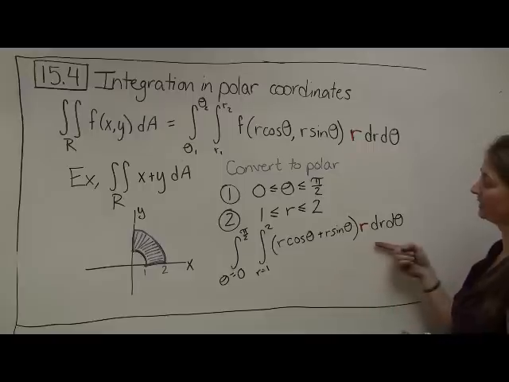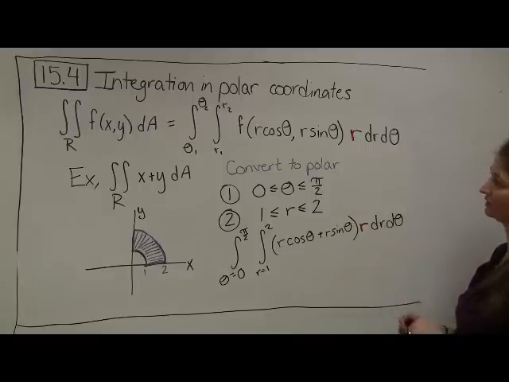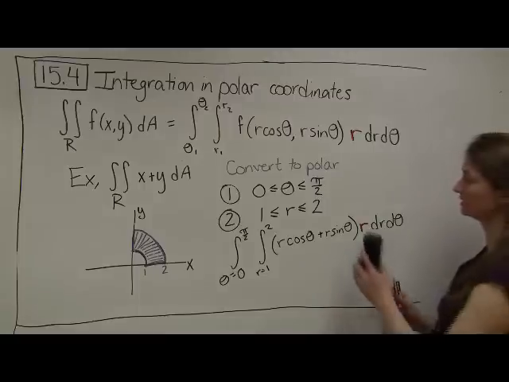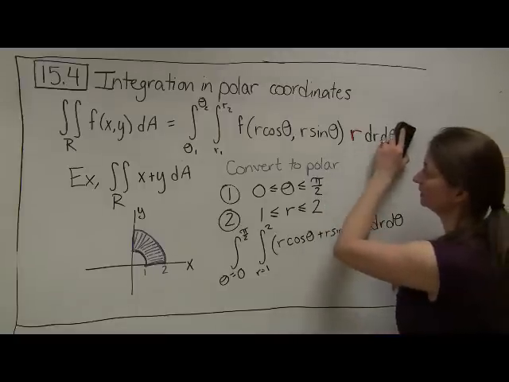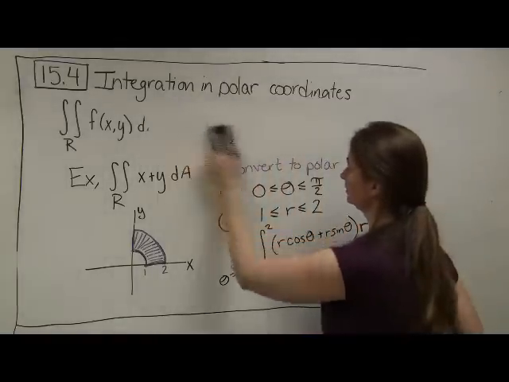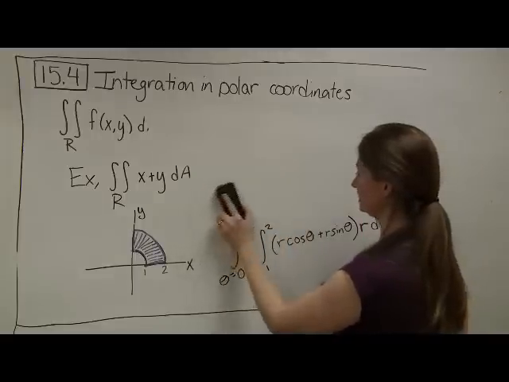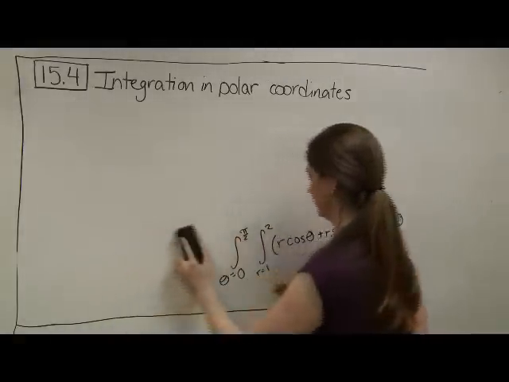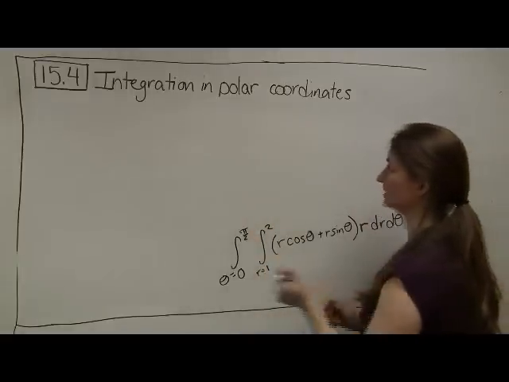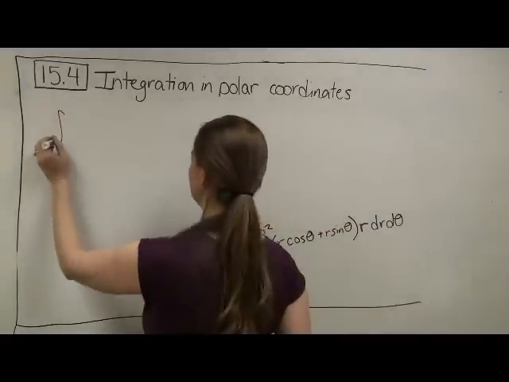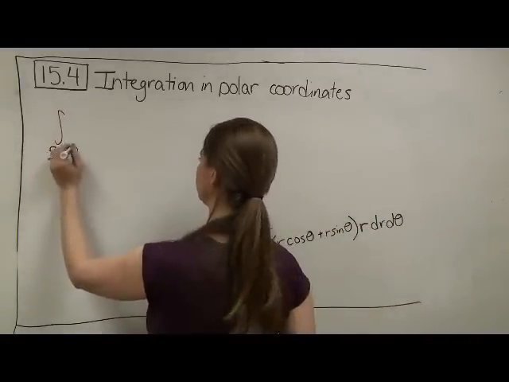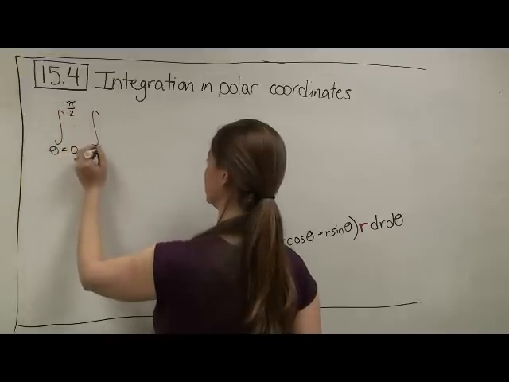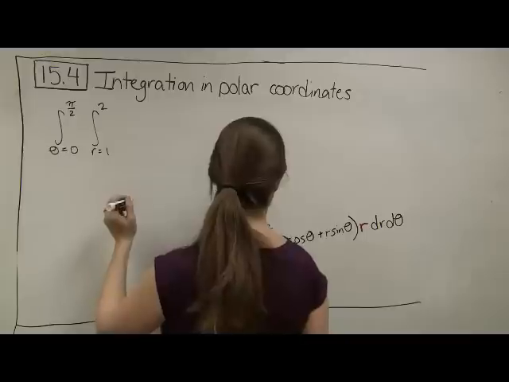So now that I've set up my integration, all I have to do is solve this integration problem. So erasing this, I'll erase all this stuff. We don't actually need any of this to compute this integration. So I'm going to step over here and simplify this integration problem. My thetas in this case are going from 0 to pi over 2. My r's are going from 1 to 2. I'm looking at